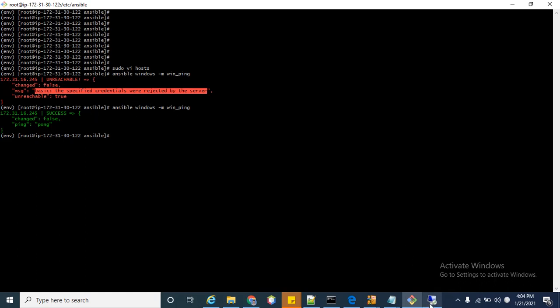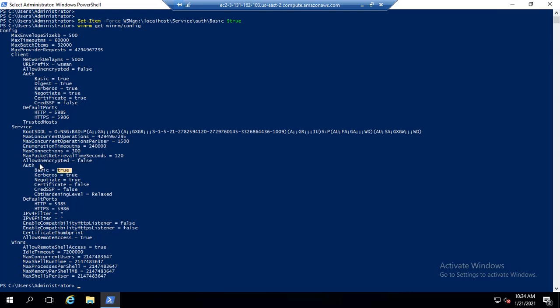So you must check that your basic authentication should be true in this case. You can check this with the WinRM config command, winrm get winrm/config, and allow remote access should be true. So you have to check this thing also.